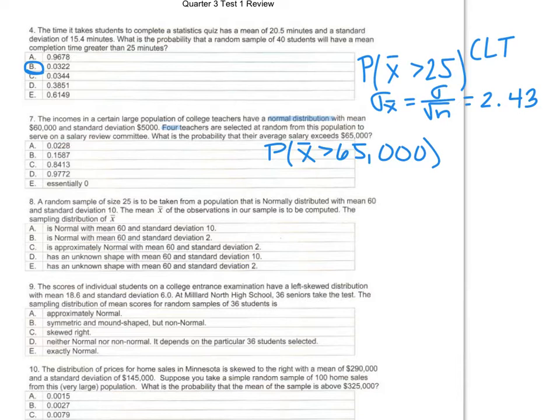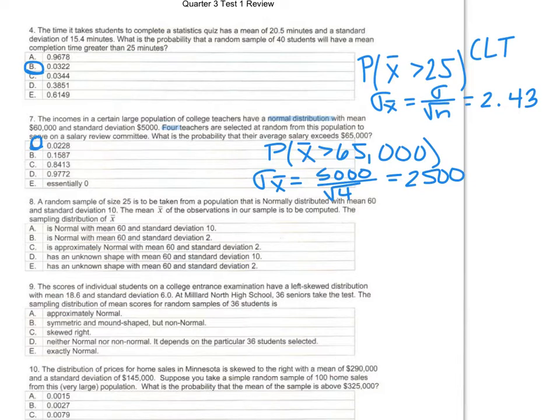Okay, so because they told us the population is normal, we don't need central limit theorem. For our standard deviation, again, we're going to take the standard deviation we were given and divide by the square root of the sample size. So that's 5,000 divided by the square root of 4, or 2,500. And then again, plug into your normal CDF in your calculator, with 65,000 being the lower bound, some really large number as the upper, 60,000 as the mean, and 2,500 as the standard deviation. And I get a,